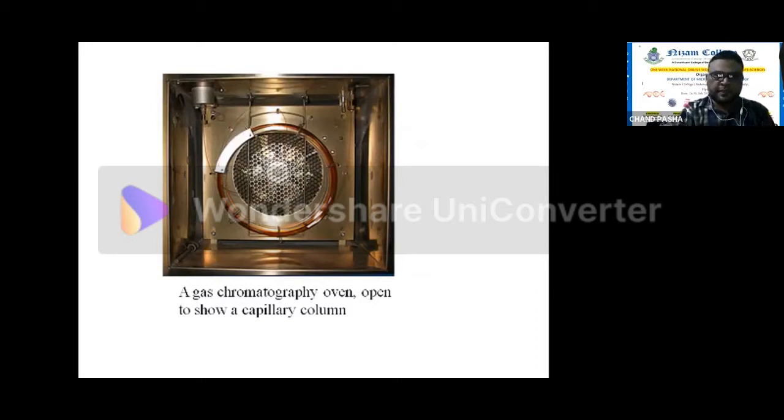You can see the capillary type, a very fine column, and it covers a high distance. If you take it out, it will be very big. Generally, columns are of two types: capillary columns and packed columns. Capillary columns have a very tiny diameter, very small in diameter, but the length is very high. And here there will be a thermostat which maintains the temperature, so whatever your desired temperature, you can maintain it in your oven.